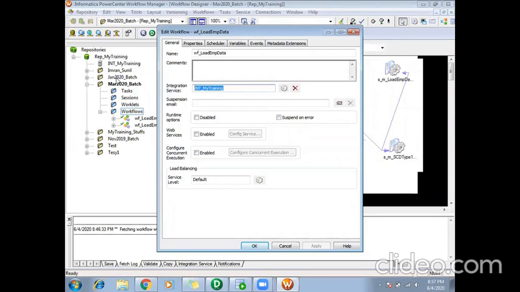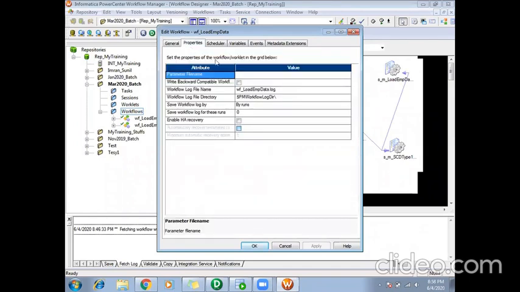So whatever workflows you create within this folder, by default the integration service will be attached to it. This integration service will help you extract the data from the source, load it to the target and so on. This comes by default as per the configuration they have done for each of your projects.